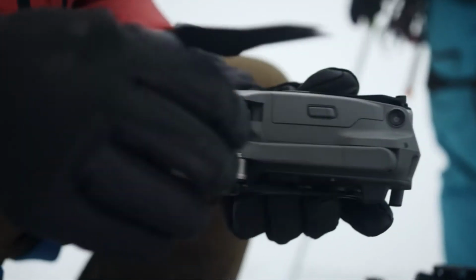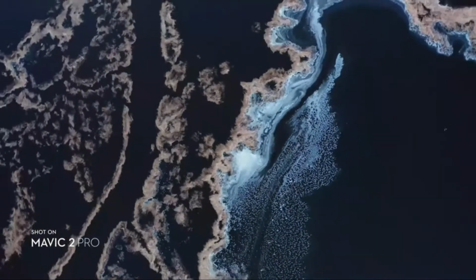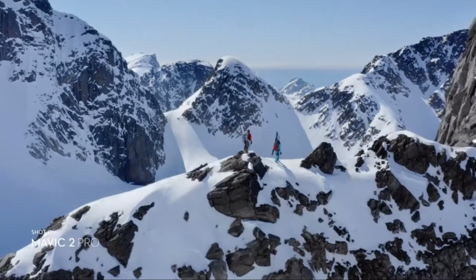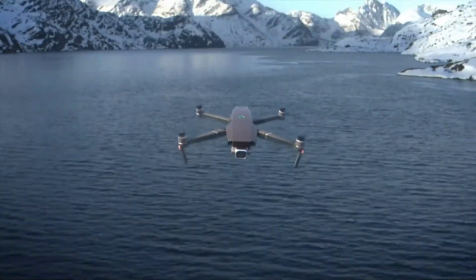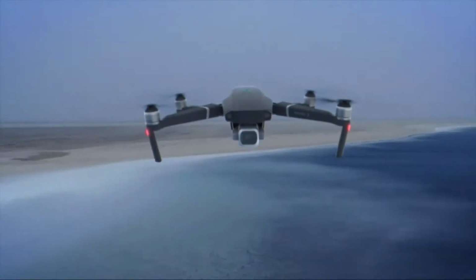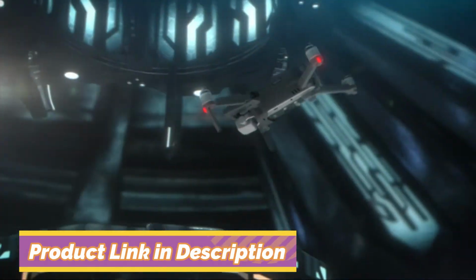When it comes to portability or quality, small details or the big picture, your vision or reality, Mavic 2 brings the best of both worlds. So you can explore the outer reaches of your imagination and create content that truly feels